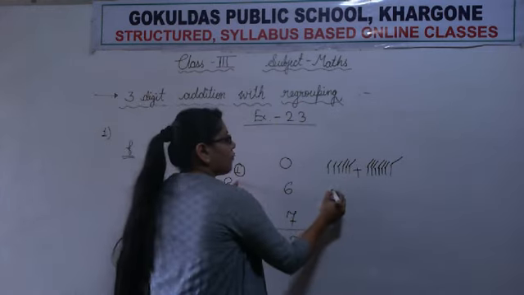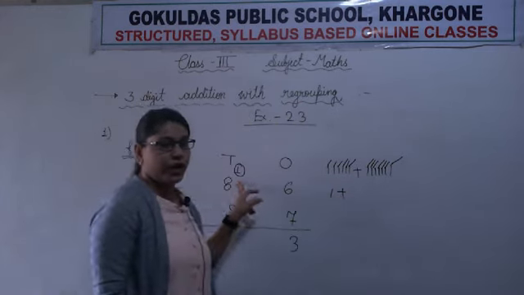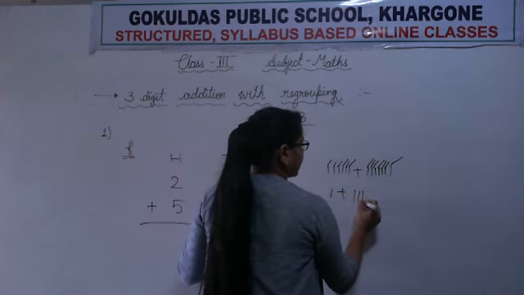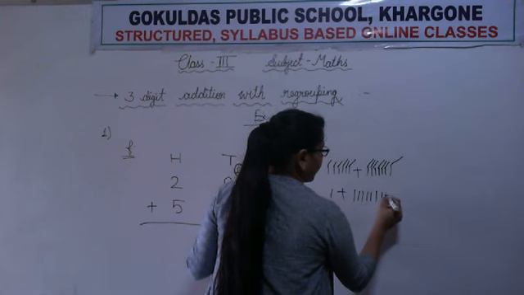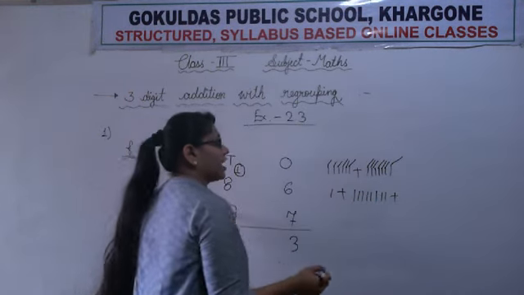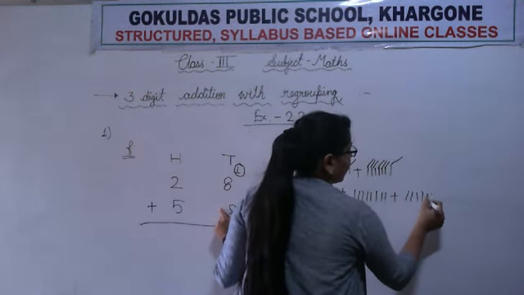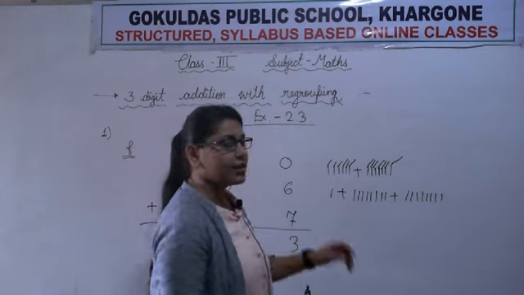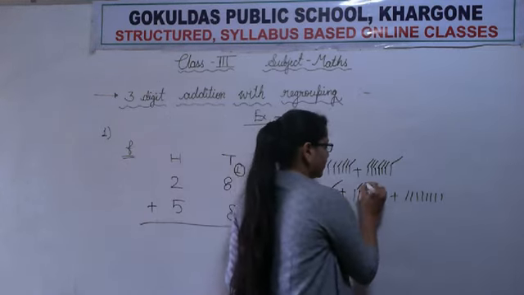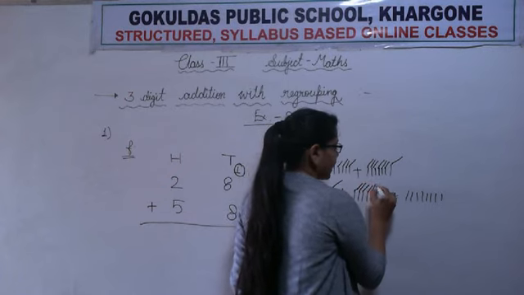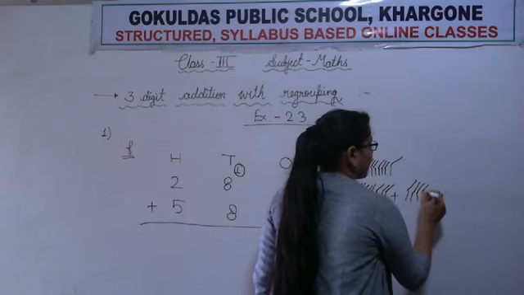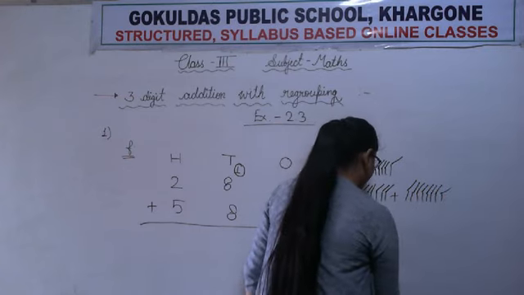Now, it's done for the tens column. First of all, 1 is in the form of carry. So, we will draw 1 stick for it. Now, the next number is 8. So, we will draw 8 sticks. Now, again the next number is 8. So, we will draw 8 sticks for it also. Now, let's count how many sticks in all. 1, 2, 3, 4, 5, 6, 7, 8 and 9, 10, 11, 12, 13, 14, 15, 16 and 17.